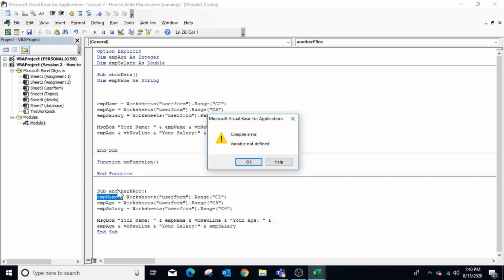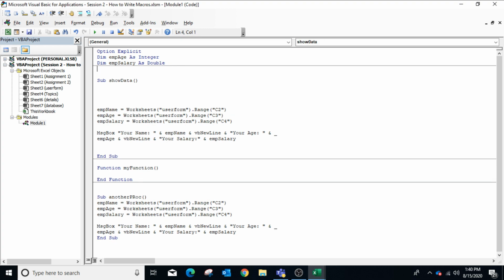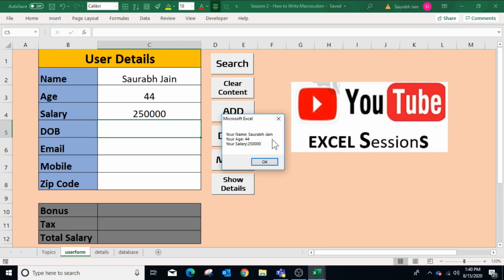It means we can't use employee name outside the show data sub procedure. Always reset the program if an error occurs. Now we are declaring this variable also outside the sub procedure. Now put your cursor in the other procedure and run the macro, and we will not get any error.